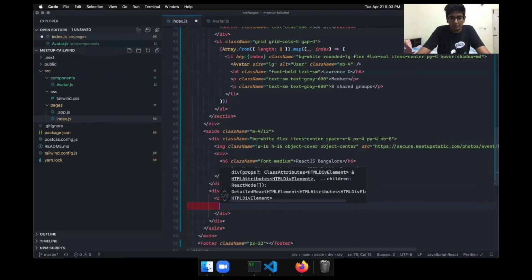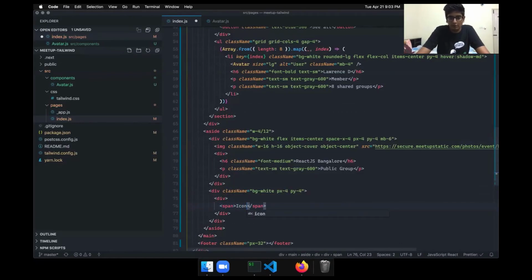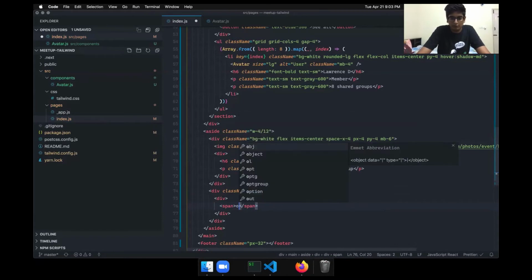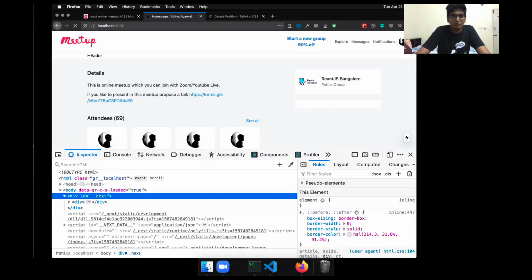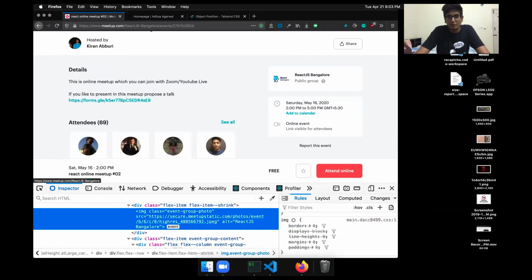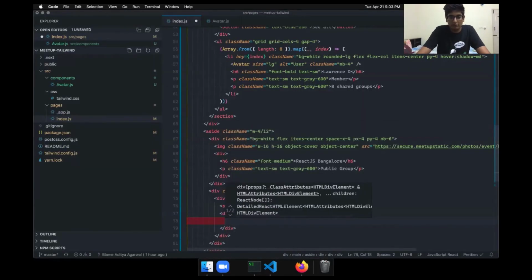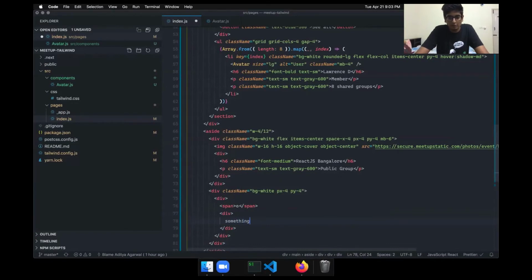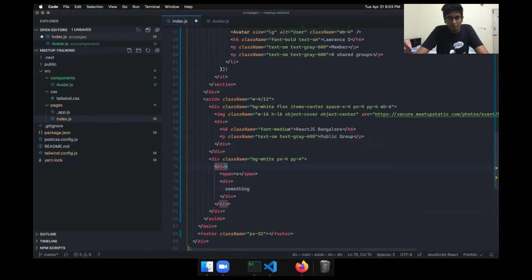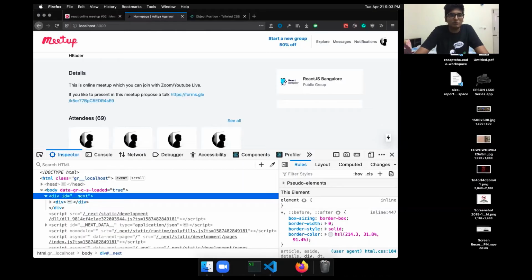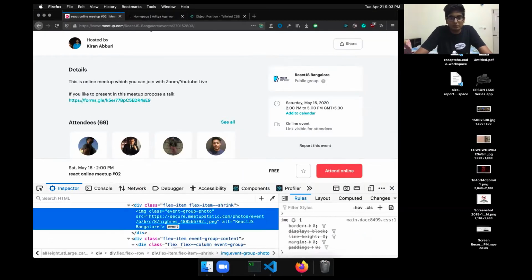And here there will be an icon. So I say like an icon. And then what will there be? There will be a lot of stuff. So let's do a div. Cool. And let's see how it looks. Obviously looks terrible.